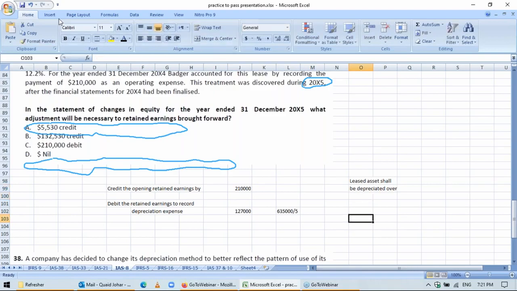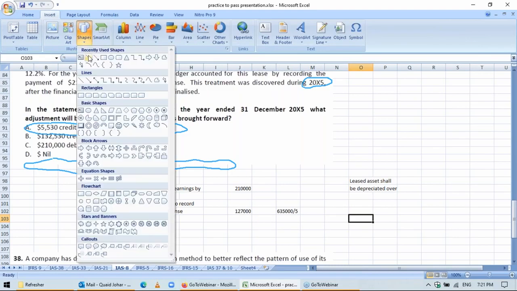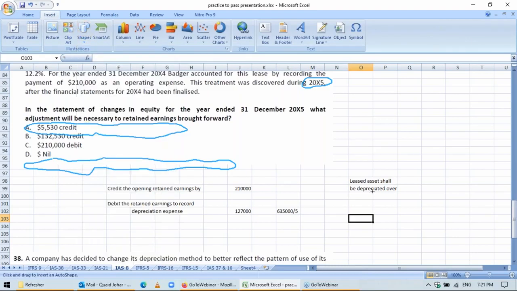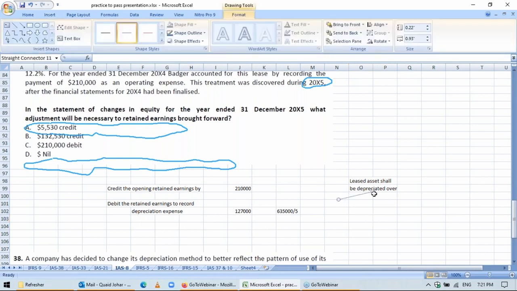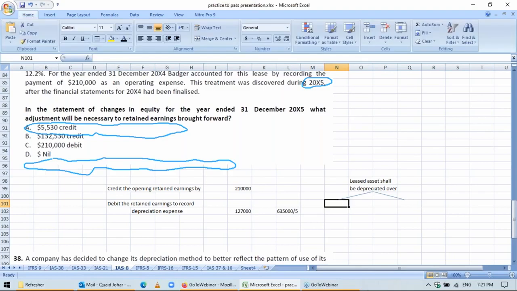It depends on whether the title of the asset is transferred to the lessee by the end of lease term or not. Please note this rule because this rule will also be covered in IFRS 16. So if the title transfers to the lessee by the end of lease term,